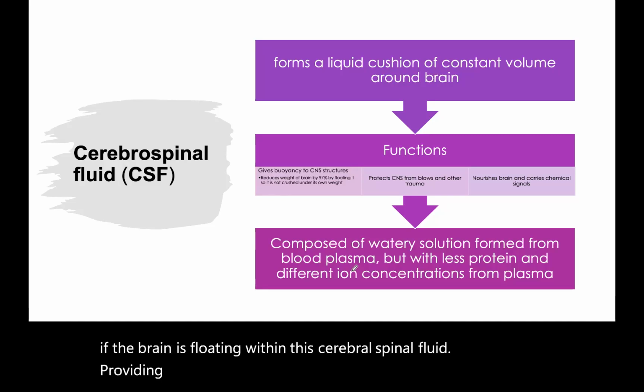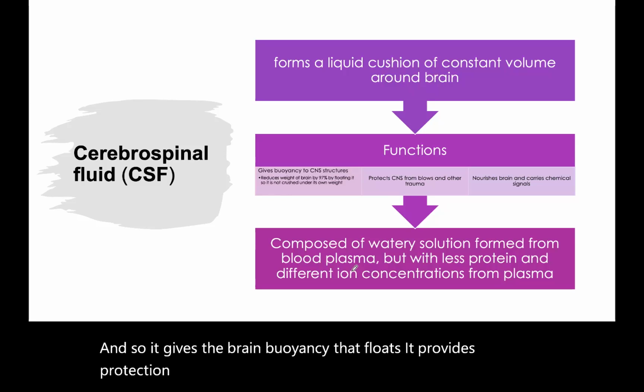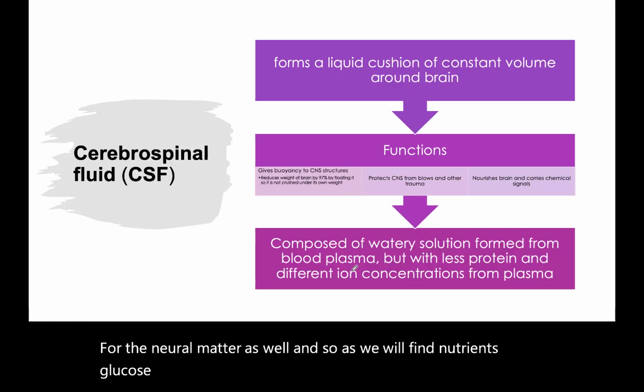So it gives the brain buoyancy, it floats, it provides protection, and it also provides nutrients for the neural matter as well. And so, as we will find, nutrients, glucose, hormones,